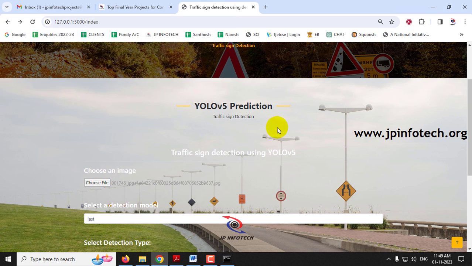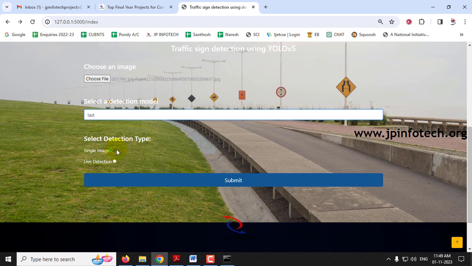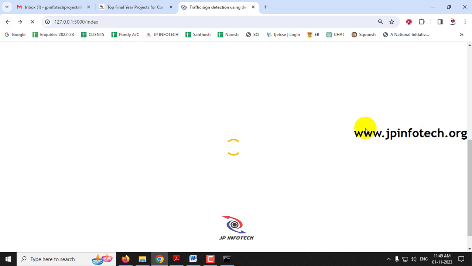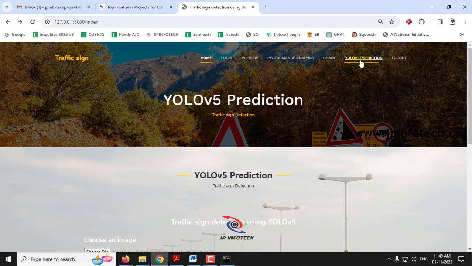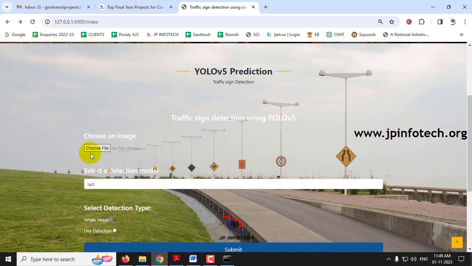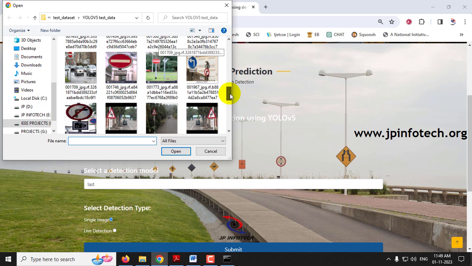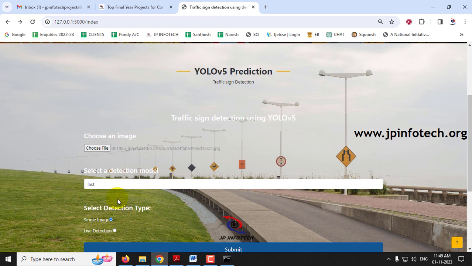This is the image I selected. I'll select the image again and click submit. So this image is not printed correctly. Now let me go to the next one and show you. Let me select this one and then click submit.